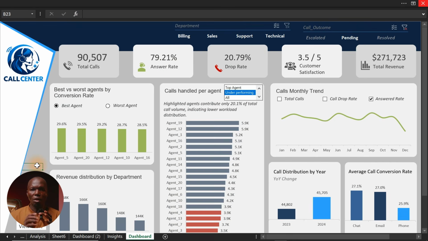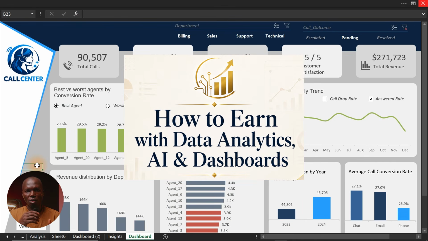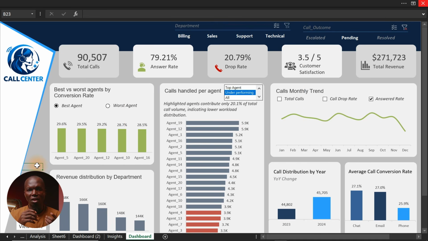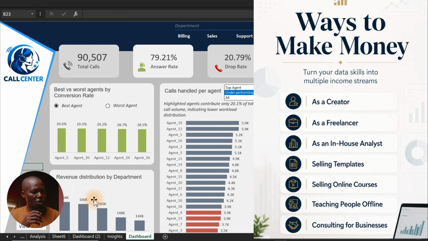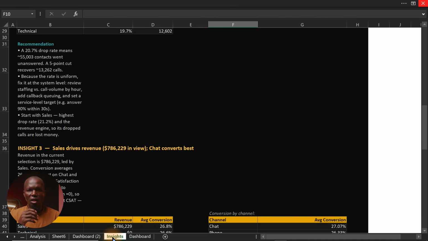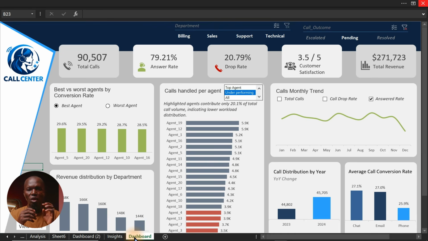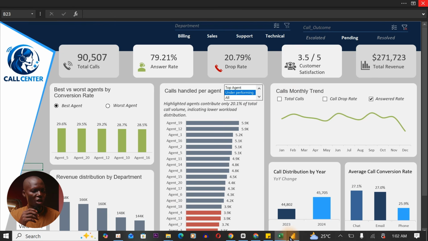If you have taken this course or you're about to take this course, you might be interested in how to make money as a data analyst. This particular course teaches you how you can actually start making money as a data analyst. And what you can see right in here is a couple of dashboards I have built in both Excel and Microsoft Power BI. So here is Excel, and over here, this is the Power BI version.